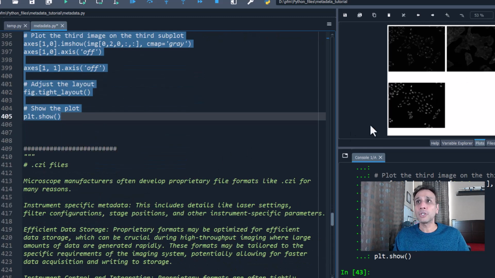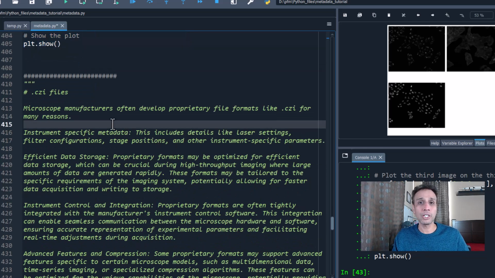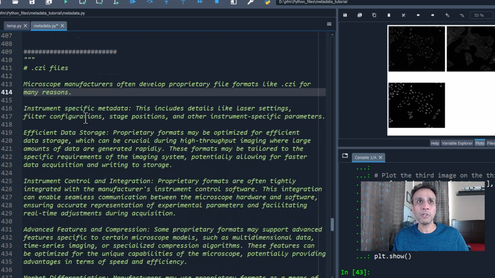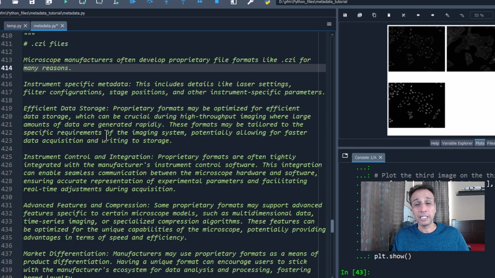Okay, I am going to use exactly the same image, but now I'm going to look at the original image, which is a .czi file. What is a .czi file? Microscope manufacturers, in this case Zeiss, often develop proprietary formats like CZI, or Olympus has their own, Nikon has their own. There are many reasons why they want to come up with their own file formats, which I elaborated here. So first, efficient data storage. Proprietary formats are probably optimized for efficient data storage, which can be crucial because during high throughput imaging, you don't want to waste time writing to the disk. They need to find an efficient way of handling those,